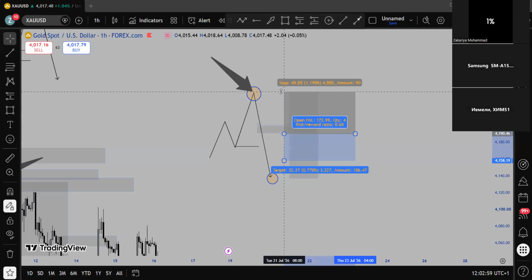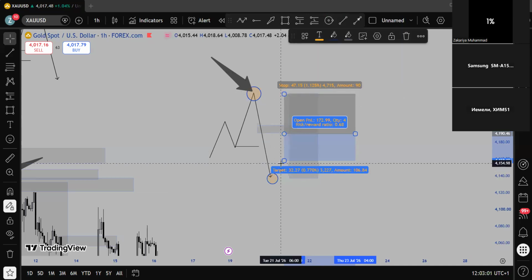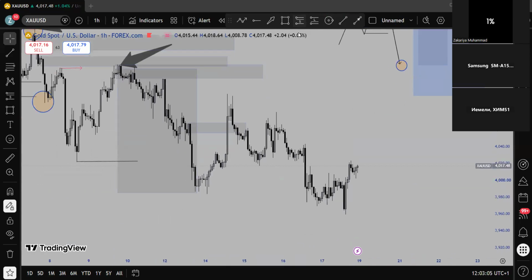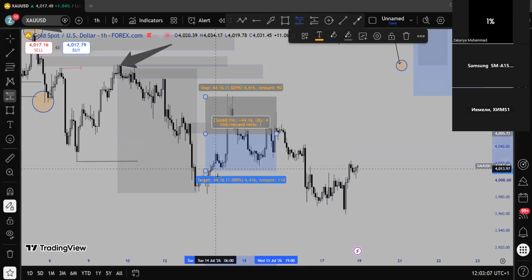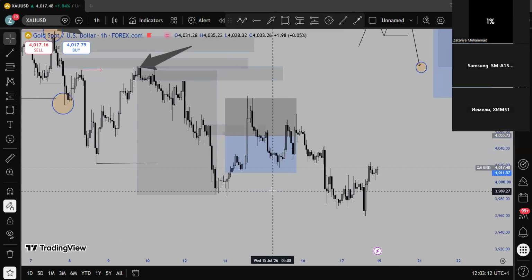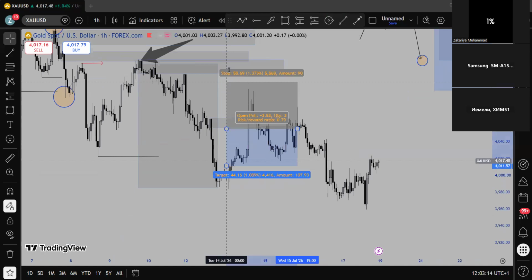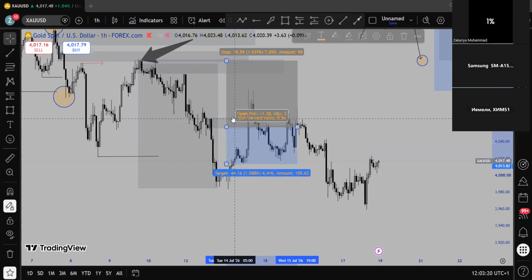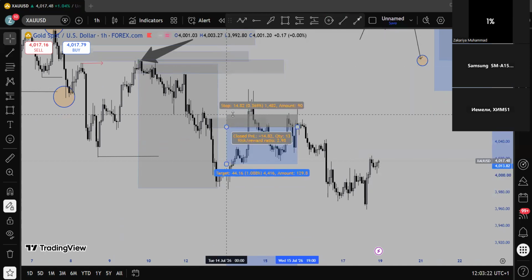So my stop loss should be at the invalidation zone, and then I will target any draw on liquidity. Same thing here. If I sell the market from here, for me to know that we definitely turned bullish, my stop loss should be above this high, because this is my invalidation zone. And then I will target any zone. I cannot just use it to cover only this liquidity until I know what I'm doing.